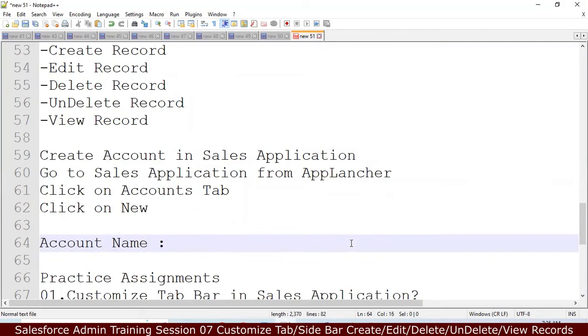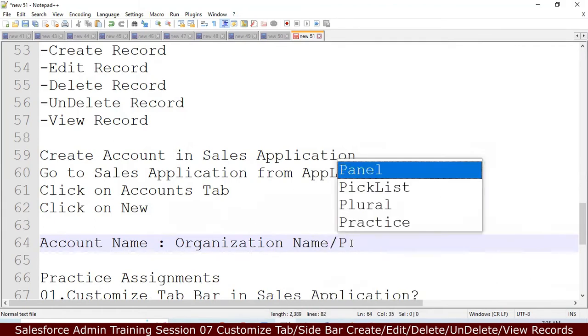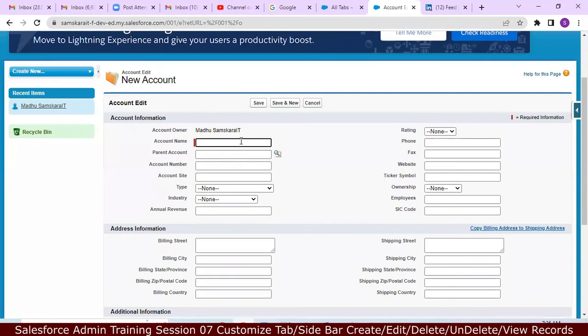It might be an organization name or a person name. Customer can be an organization or a person. We might buy a vehicle for an organization, or an individual also we can buy. So account name can be organization name or person name. Now I am entering